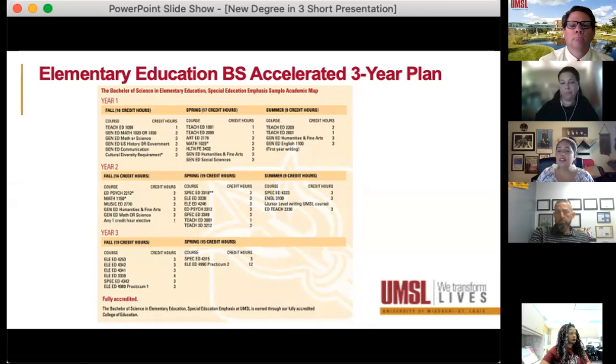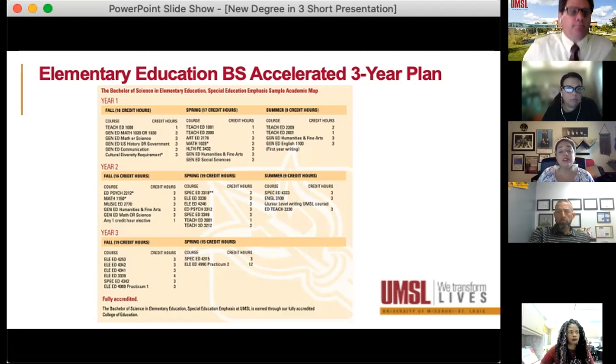And it looks like a lot of classes per semester, yes, but if your students take some of these general education courses that we mentioned earlier on the colorful spreadsheet, and some of the degree specific courses that Dr. Sodi mentioned, they may be able to go ahead and knock out a lot of the courses that they would need to. And yes, it's still definitely a load, but again, this was created for highly motivated students that are really ready to get out there and get into the workforce.